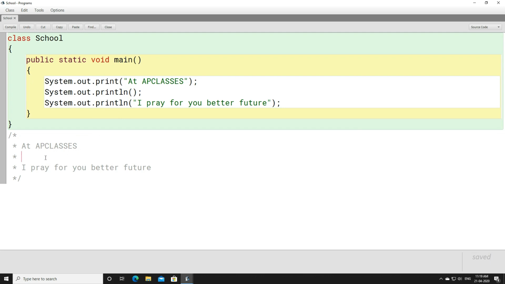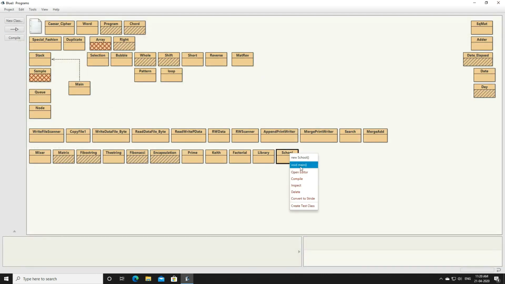Because of ln, my cursor will come to the next line. In the next line, you will come to this print statement, and it will print I pray for your better future. Let's see after we compile whether it's working or not.